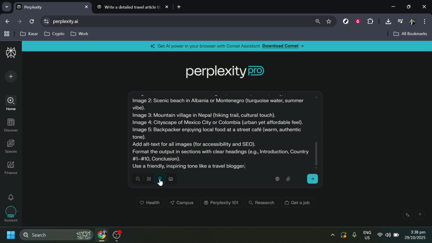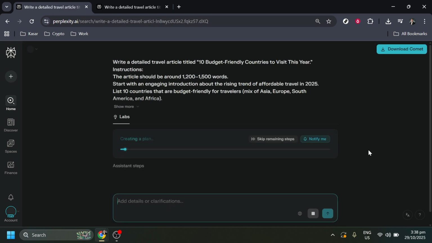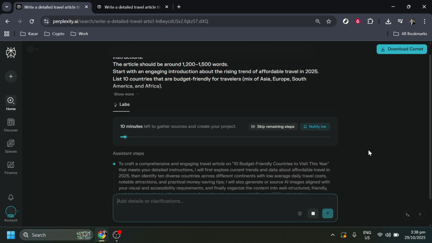Now that you've reached the Labs section, it's time to click on Submit. Submitting your prompt kicks off the process, letting the AI work its magic. This part is where your ideas start to come alive, transformed into an article with images, thanks to the advanced